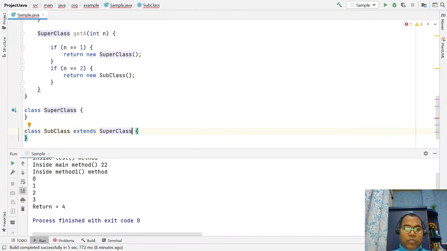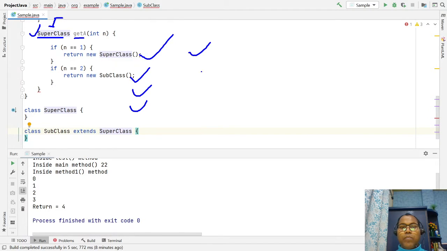In this case the system allows this method to have a return type of any kind of superclass, so you can return your superclass object as well as your subclass. Any subclass in the hierarchy is allowed to be returned here. Similarly, if the return type is an interface, any implementation of that interface can be returned.